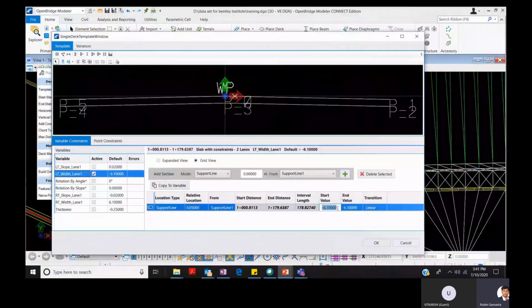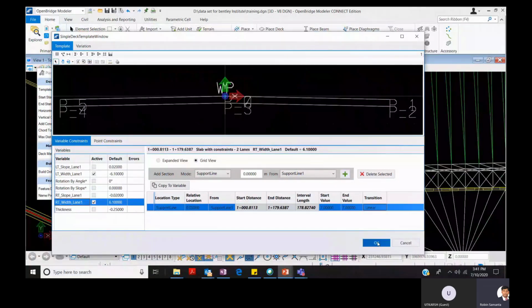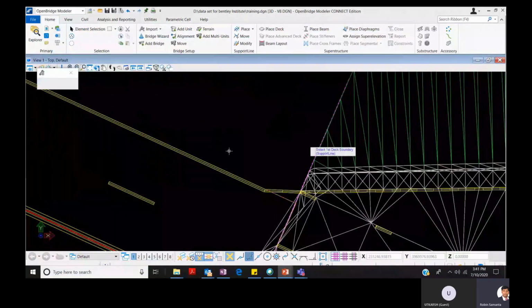Now here you can see that the variable of the deck width has been defined through this lane width. So I am changing that one to 7 meter. You select it, then click it, and then you add and you can change it. Through this variable definition, you can actually define a certain margin section as well. You can vary from 6 meter to 8 meter, and you can change it to a different section.